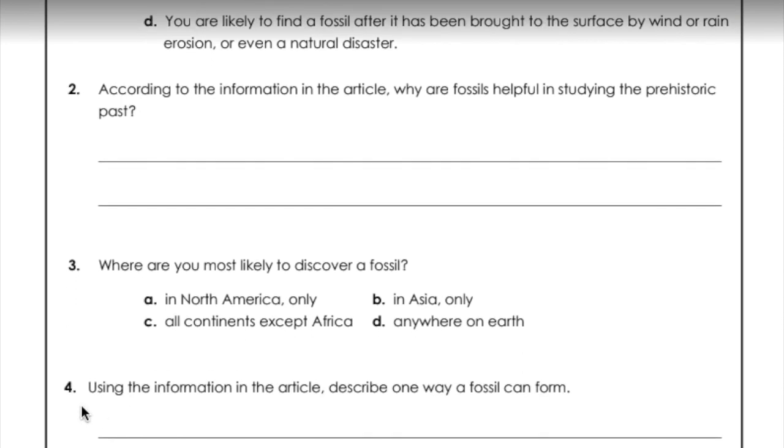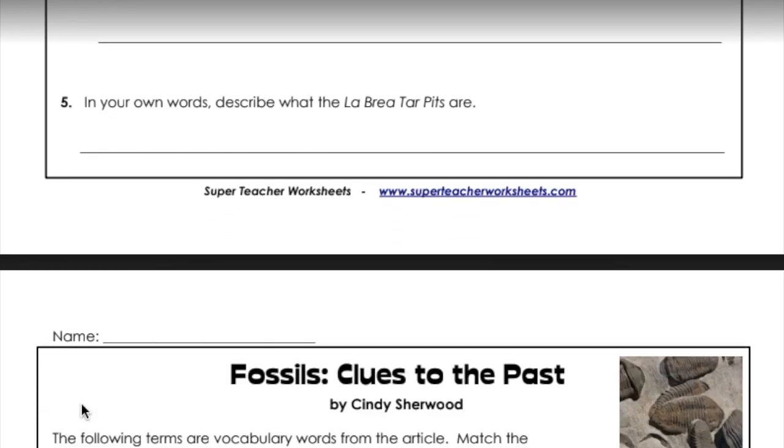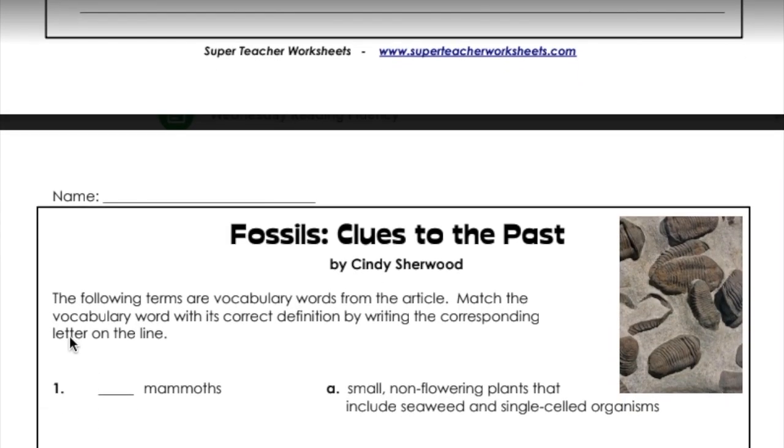Question 4. Using the information in the article, describe one way a fossil can form. Question 5. In your own words, describe what the La Brea tar pits are. The following terms are vocabulary words from the article. Match the vocabulary word with its correct definition by writing the corresponding letter on the line. The words are